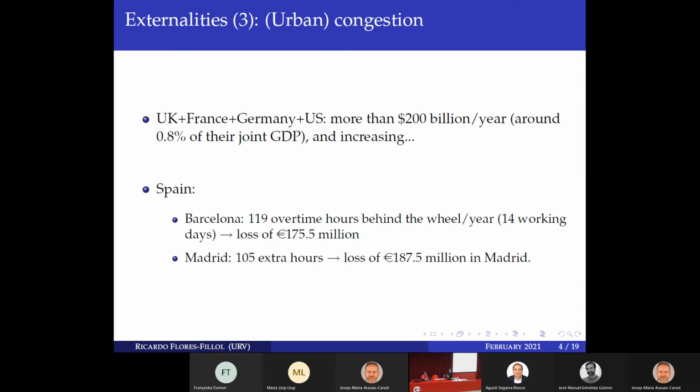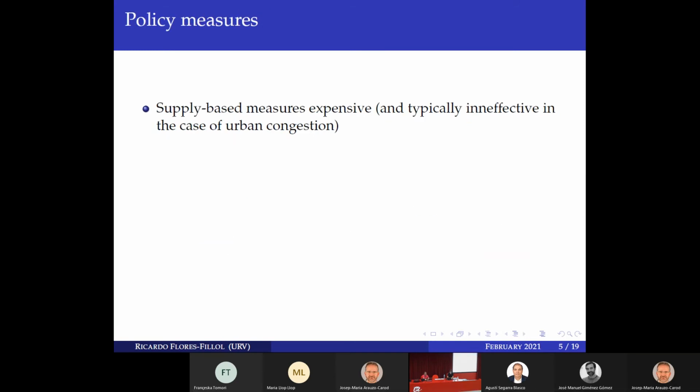So again, the population is not so aware of congestion, but congestion is a big problem as well, and there is a correlation between the two. If you think about urban congestion, you have traffic jams, and then you have pollution. Because if you have traffic jams, cars are starting and stopping with low gears, and this generates more pollution. So congestion and pollution go hand in hand. These are the externalities, right? So what can we do about that?